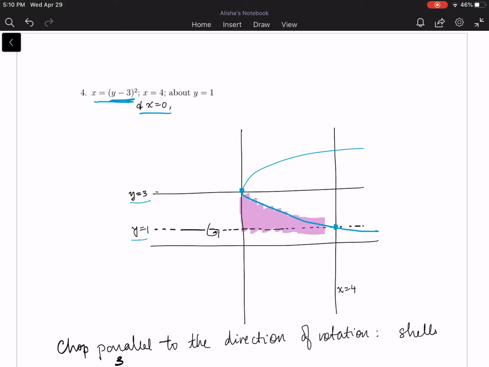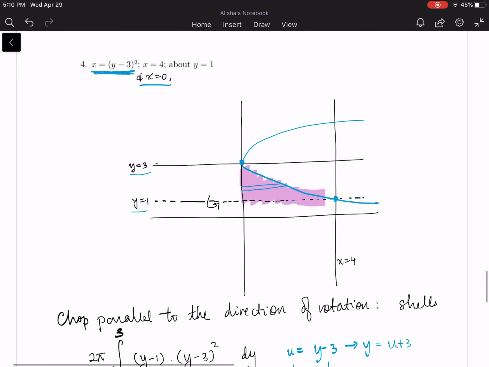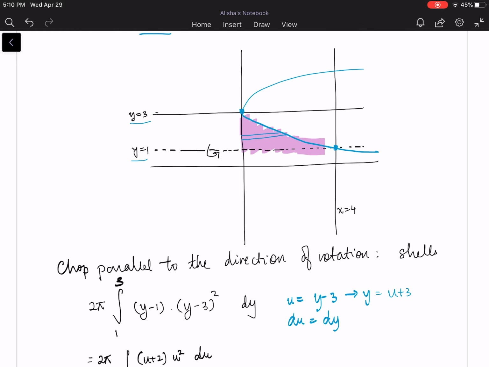All right, so looking at this problem, because we have a very nice expression for x, I would like to chop this region up along the x direction. And so that's going to be parallel to the axis of rotation, which means we're going to use the shell method. And so for the shell method, the expression for the volume is 2 pi times the integral of